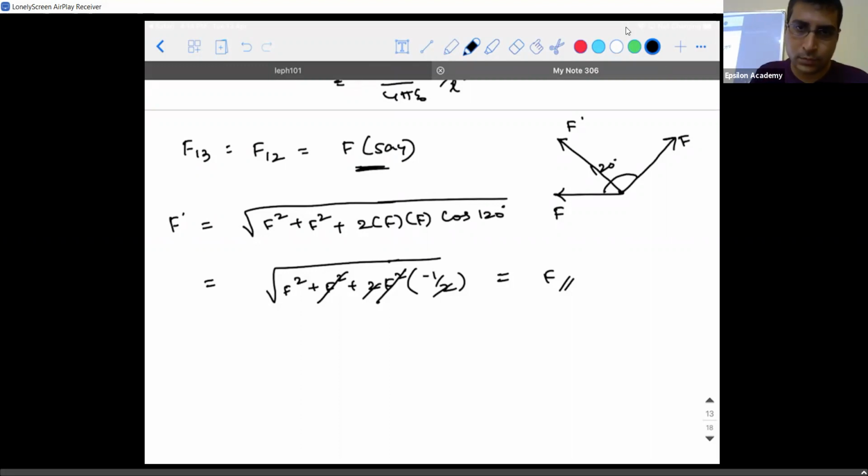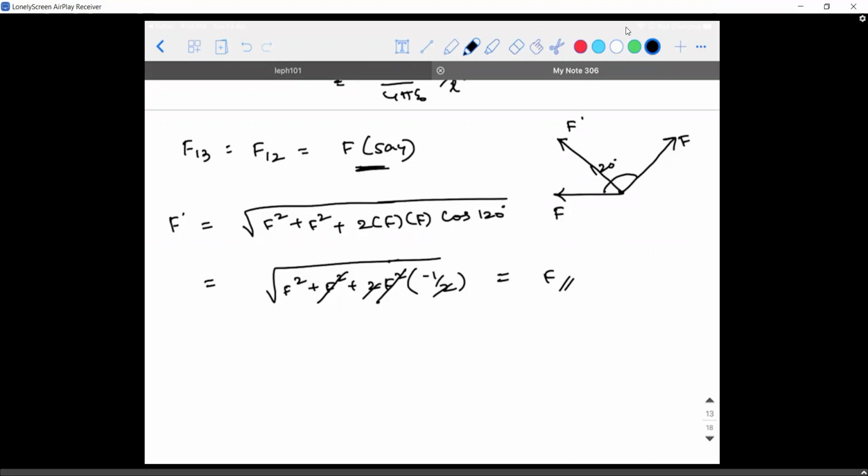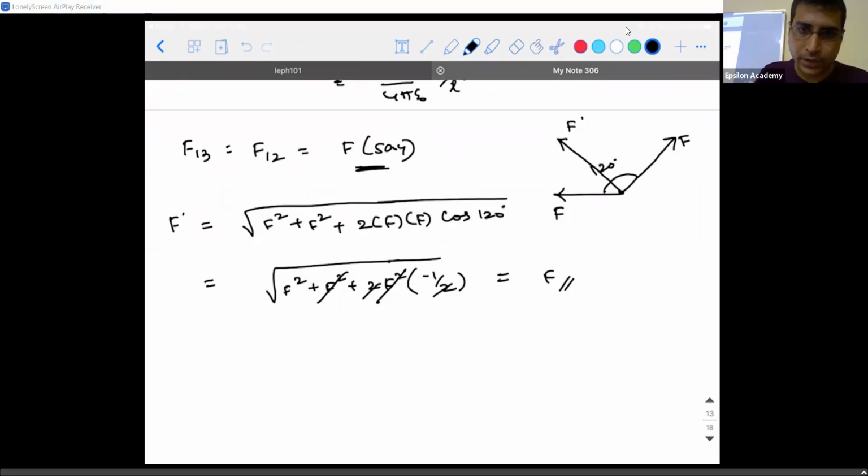Tell me, so what is the conclusion here, sir? Conclusion, in the sense, it is experiencing a net force of F making an angle of, you guys have to tell me how much this angle is. So in physics, what does direction mean? In physics, direction doesn't mean north, east, west, south. You have to mention the angle made by the resultant with any one of the vectors. That is the meaning of direction. Because here I showed you the exam, how you show that this is the direction. How are we supposed to report it?